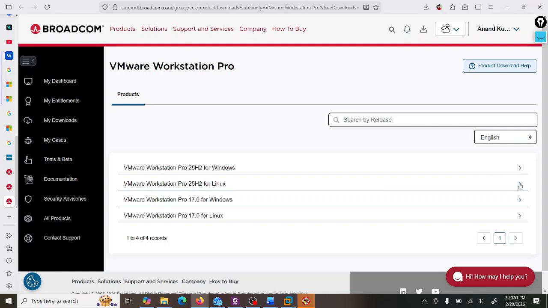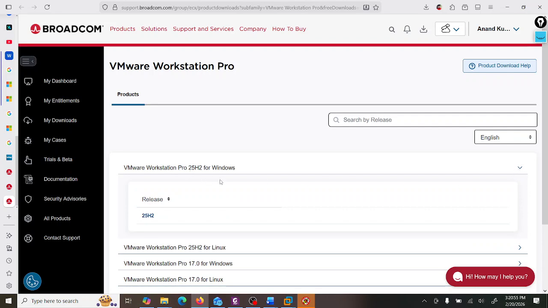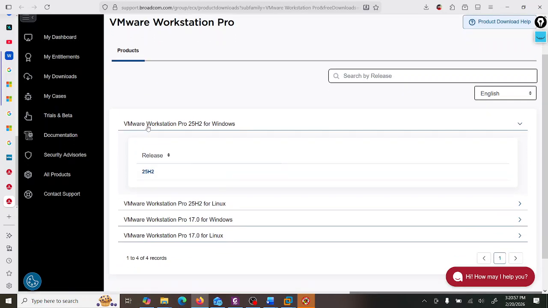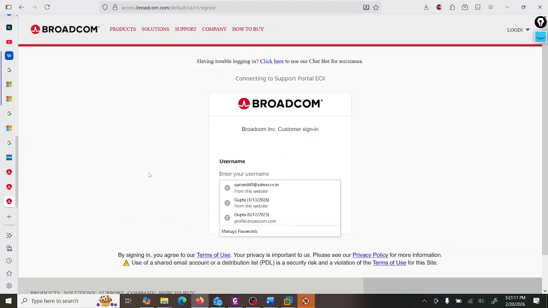If you have Linux, you can select this one. Right now I'm using Windows, so we can use VMware Workstation Pro 25H2, which is the release. Please note it is free software. Even the license key is freely available. So you just need to download,